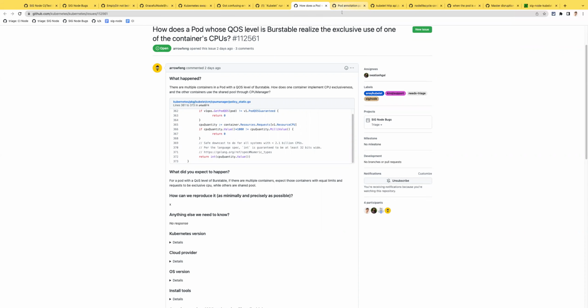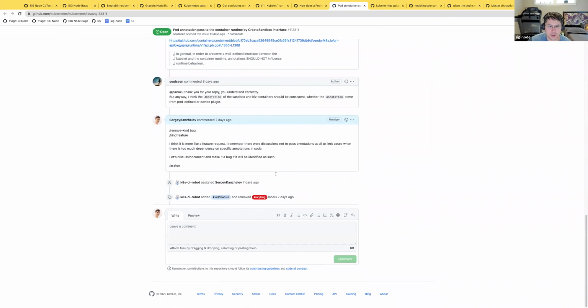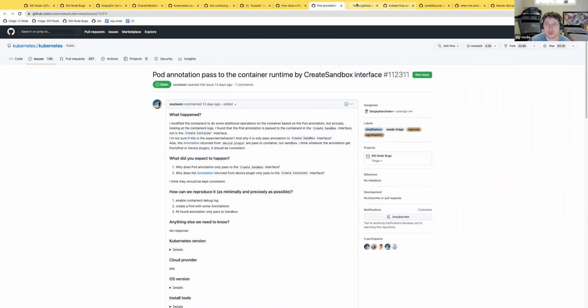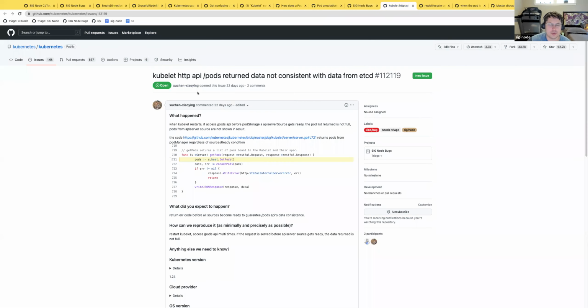I need to look at it. Thank you. No worries. Presentation to the container. Oh yeah, I wanted to reply. I still haven't. And it's a feature. Okay. Okay. Pods return data not considered data from etcd.